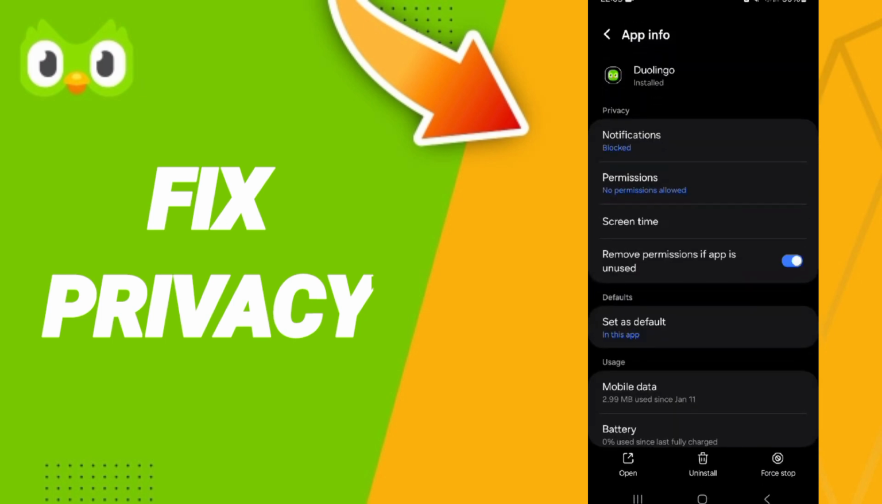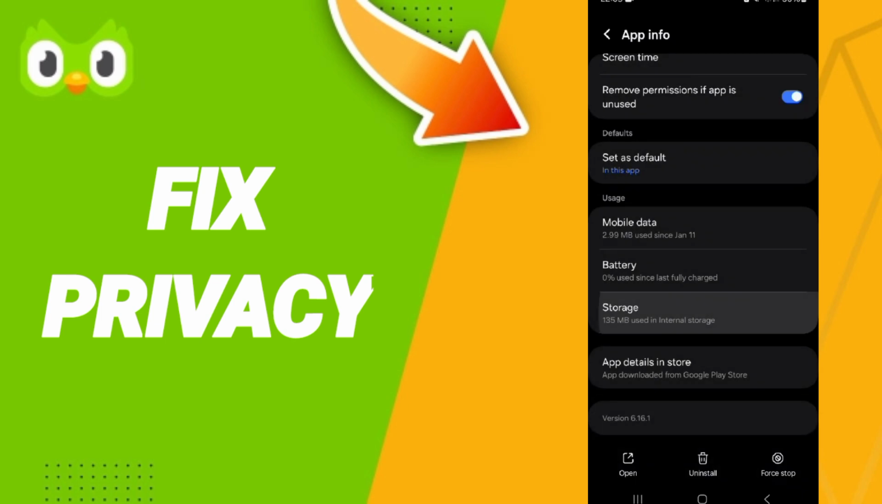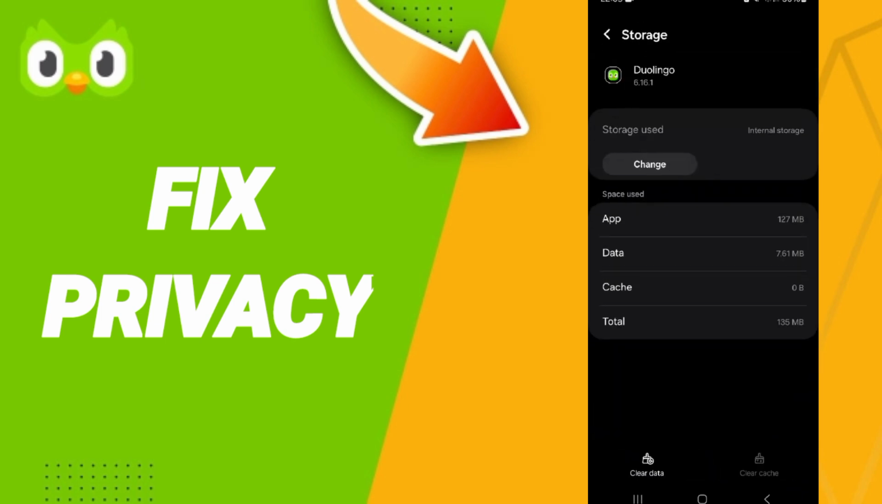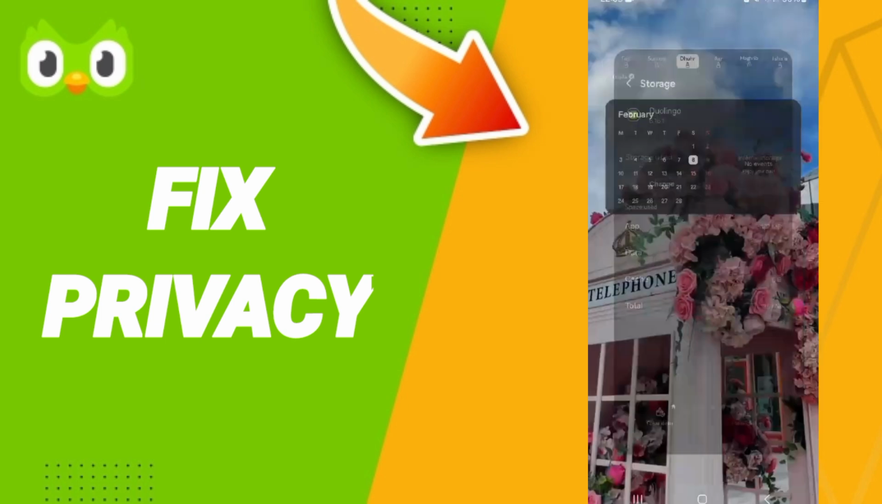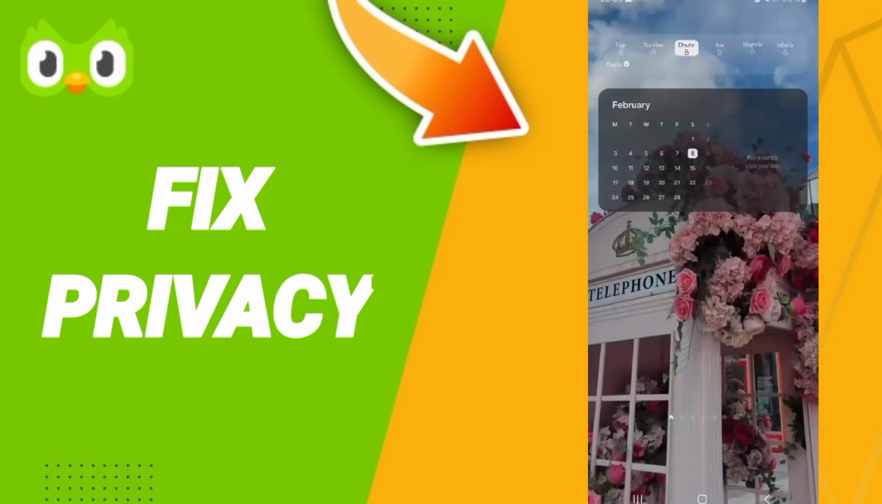Here on this page, you will click on force stop and you will click OK. Then you will enter the window of storage. Here we click on clear cache. Then you will turn off your Wi-Fi and wait a moment, then turn on your Wi-Fi again to